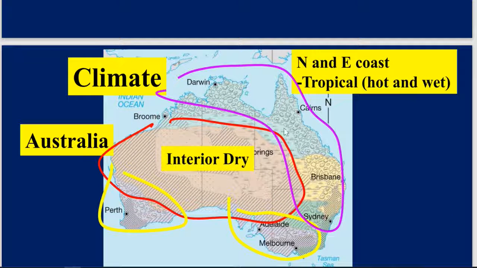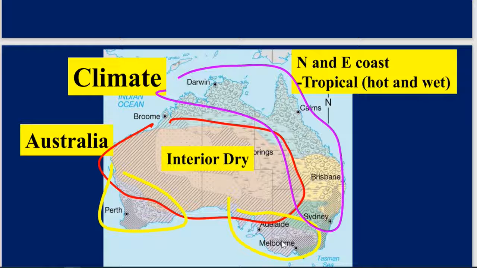Okay, let's look at some of the climate. As you can see here, Australia, the interior climate is dry. These two areas down here in the south are the Mediterranean kind of areas. The climate is cool, but the seasons are consistent. Even though they're closer to the South Pole, the ocean does warm them to a degree. And this is where the grapes for the Australian wine industry, which is a big deal, occur. Down here are two of the largest cities, Melbourne and Perth.